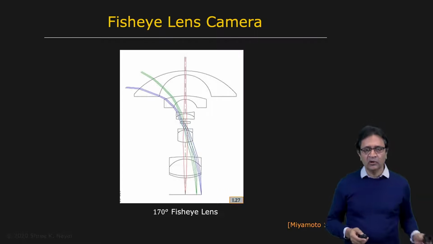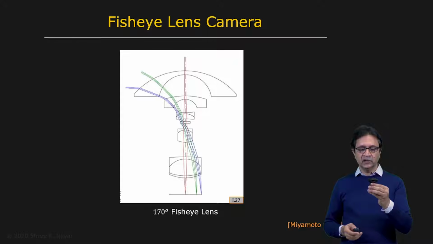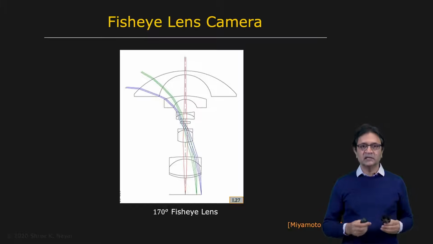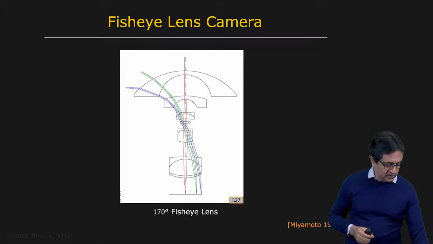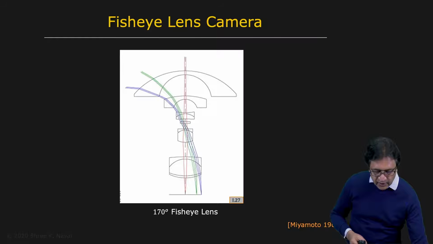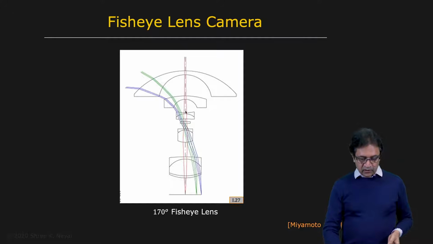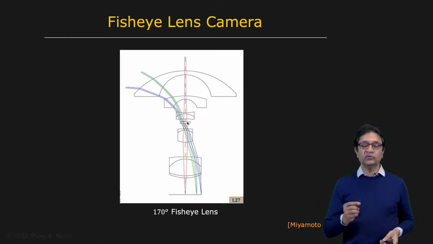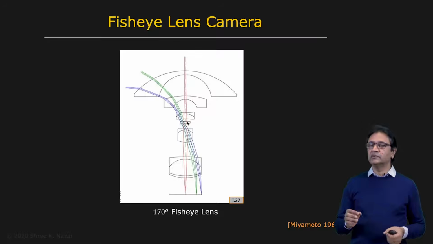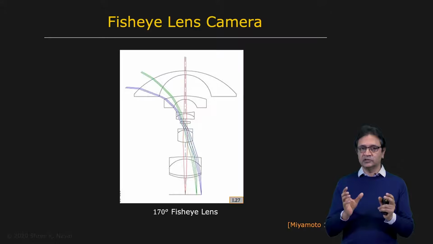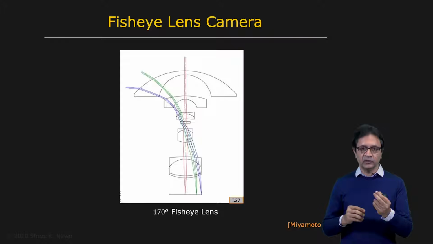Here's an example of a fisheye lens right here. And one thing that I do want to mention is the viewpoint of the fisheye lens. So you have these rays of light coming in, and they don't necessarily intersect at a single point, as in the case of your pinhole camera, but as long as it is a small set of points, a small locus of points, it's fine. You can assume it to be a single viewpoint system. I mention this because it's important for any imaging system. It's very convenient, especially in computer vision, for it to be a single viewpoint system.